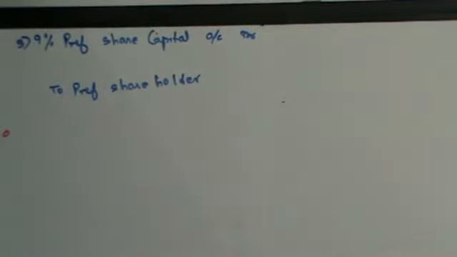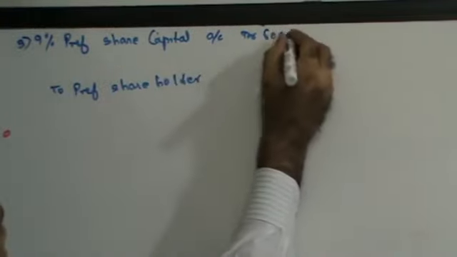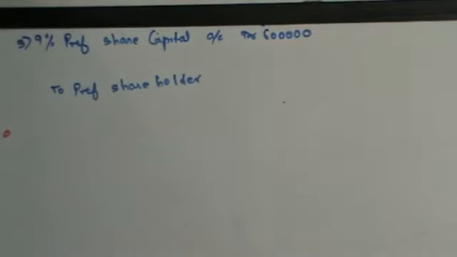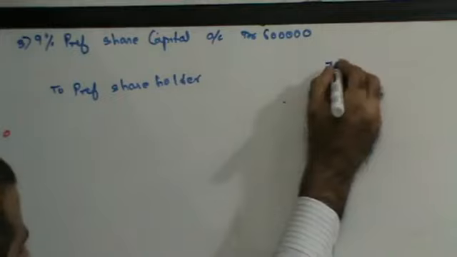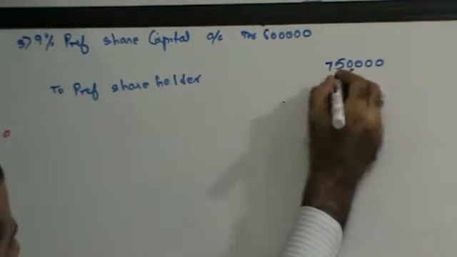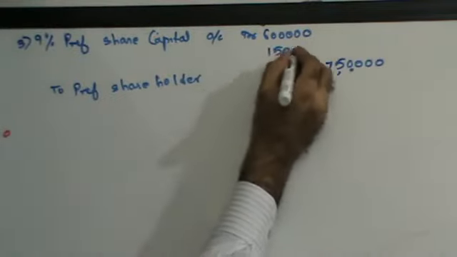Right? Now, preference share capital is 6 lakhs, and preference shareholders, we know that we'll be paying preference shareholders 7 lakh 50,000. So the difference is going to be 1 lakh 50,000